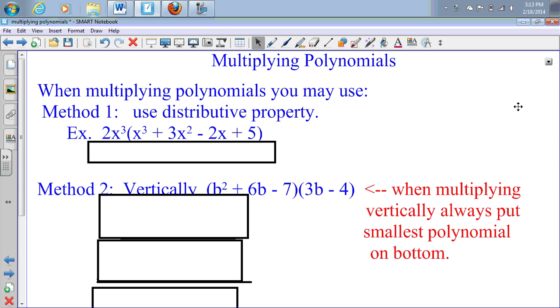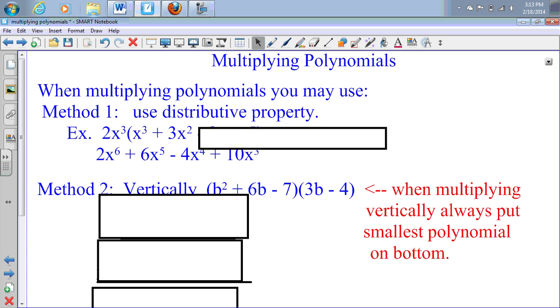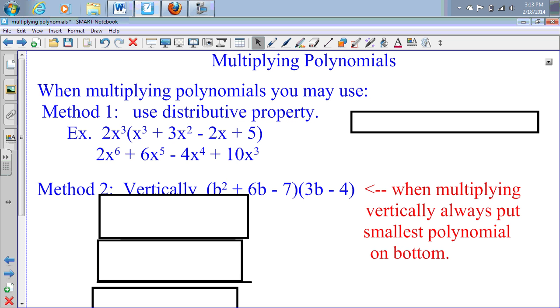So in multiplying polynomials, you may use method 1, which is the distributive property. This is very similar to what we were doing when we were factoring, when we were doing the inverse, or multiplying a monomial by a binomial. So when we do this, we're multiplying a monomial by a 4-term polynomial. So we took 2x cubed times x cubed times 2x to the 6th, because we added the exponents, remember